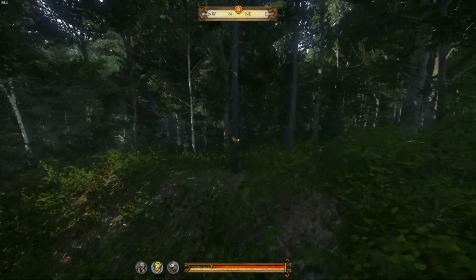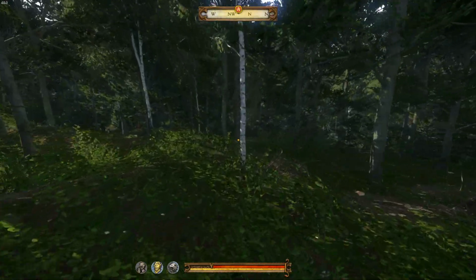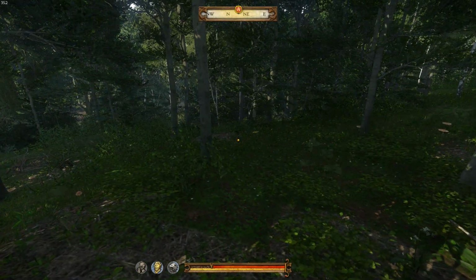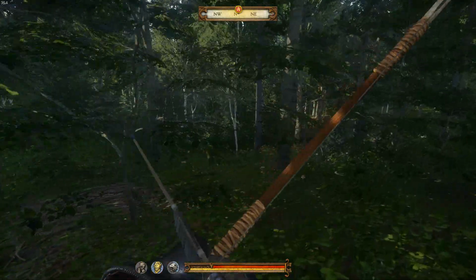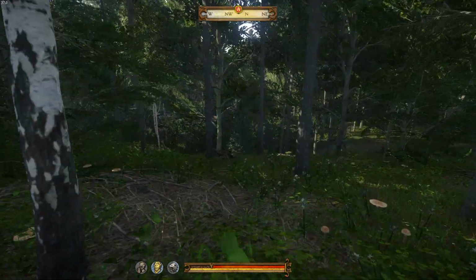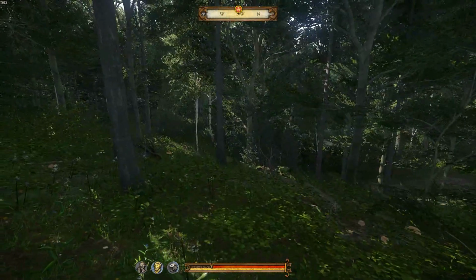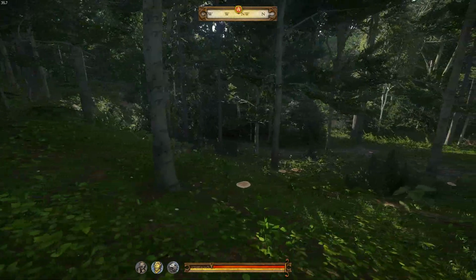So what direction was it? I can't remember now. Was it this way? Yeah, there it was. So again, let's try again. Now there's always the option, if you're playing a more stealthy game, to wait until nighttime and try and sneak up to the camp